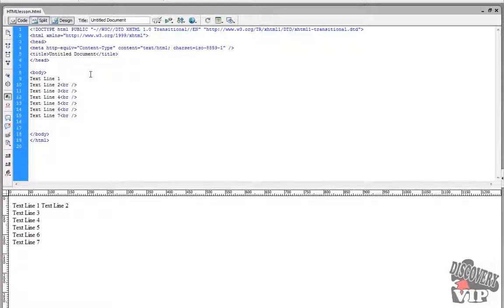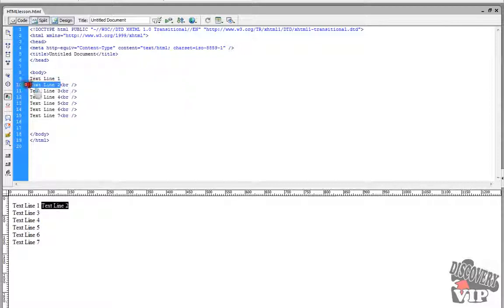So what's happening here is when your browser comes to read this HTML code, it reads through the code starting at the top left, hits this one, and outputs this text as is, text line 1. And then with HTML, it only includes one space. So even if we had a whole bunch of spaces here, it still would only include the one space. It removes all the additional white space other than one between the two different lines of text. It sees one piece of white space, and then the rest is ignored.